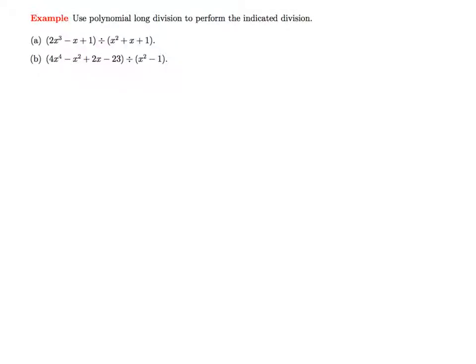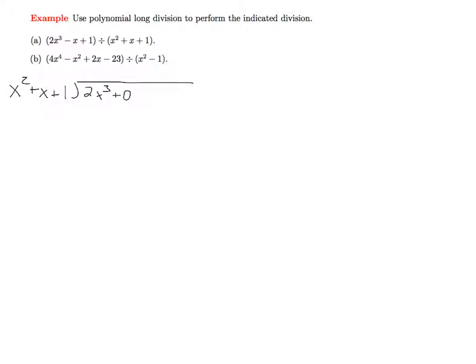In this example, we are asked to perform a couple of polynomial long divisions. So let's start with the first one in part A, where we're asked to divide 2x cubed minus x plus 1 by x squared plus x plus 1. So let's set this up with our divisor, x squared plus x plus 1, and we're going to divide this into 2x cubed,